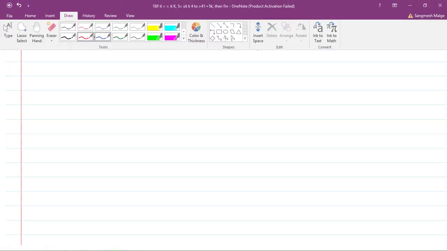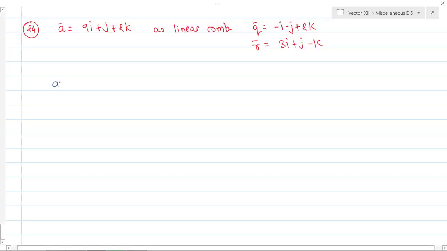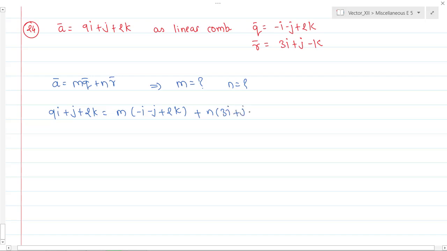So for that, how to proceed? We want a bar equal to m q bar plus n r bar. So we want to find out the value of m and n. We have seen these types of questions in detail while solving the first exercise. Now let's substitute the values here. So 9i plus j plus 2k equals m into (minus i minus j plus 2k) plus n into (3i plus j minus k),